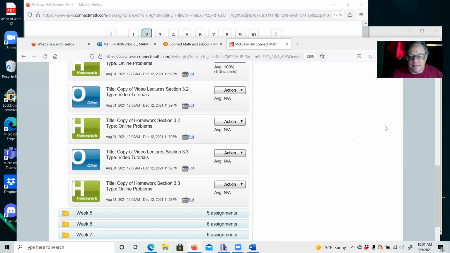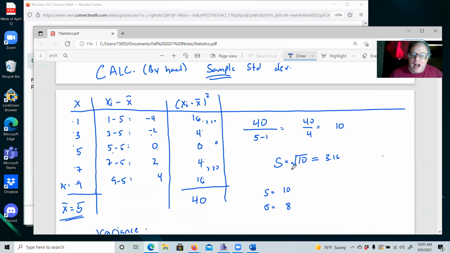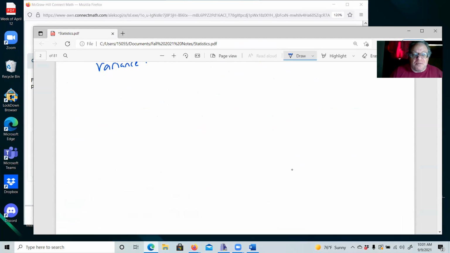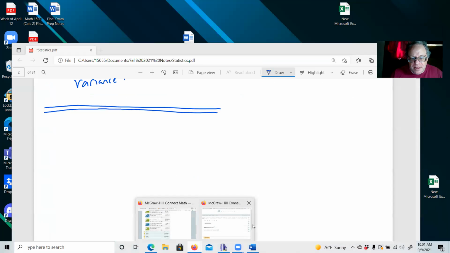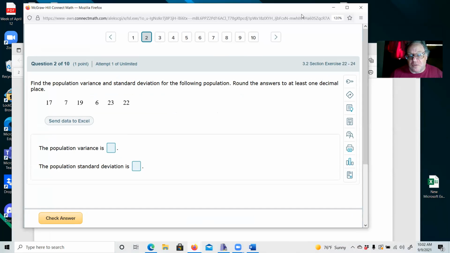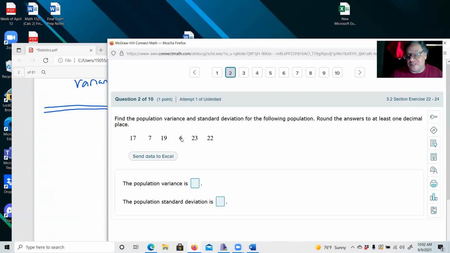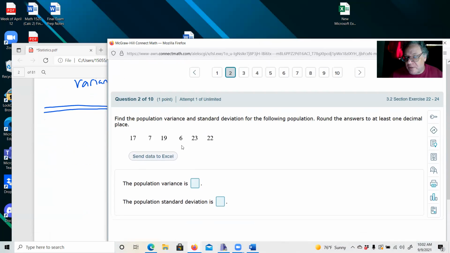So here's my data. It does not have to be in order, although I would like it to be in order. It's one thing I can't stand about stats books, and all of them do this. You're old enough to know that 6 is a smaller number than 23. I don't know why they don't just tell you the order and put these in order first, but very few statistics books do this. In this case you don't need to put them in order, but this is a population. See, they say population, right?